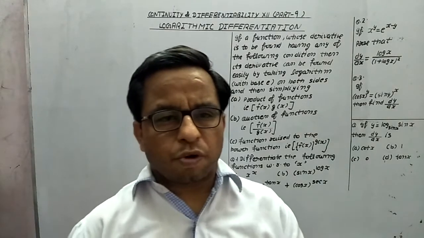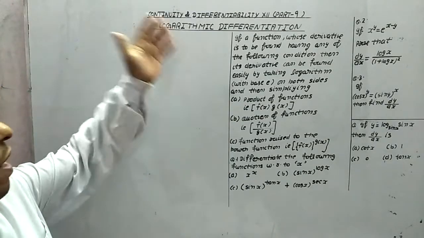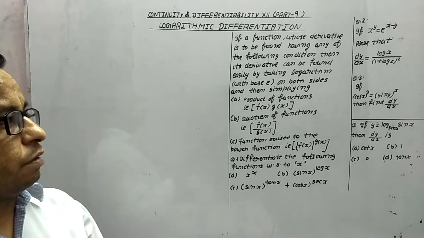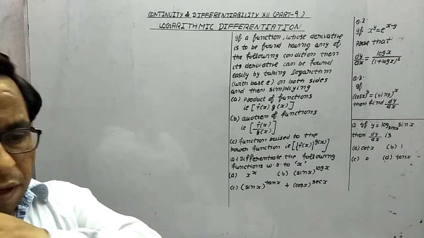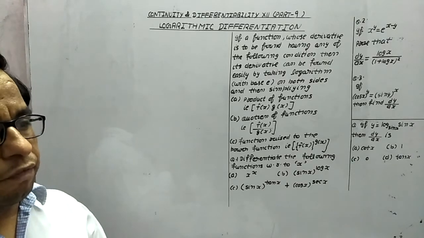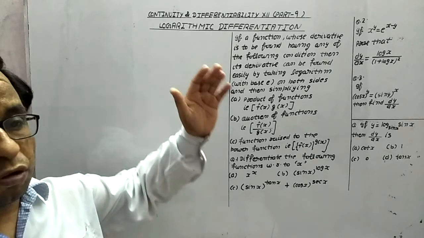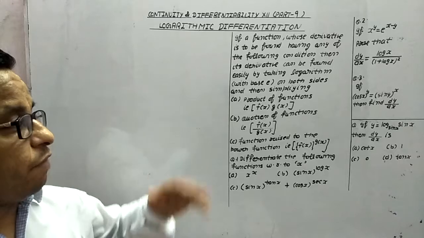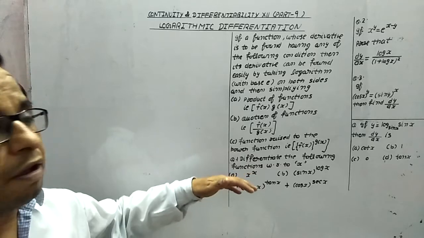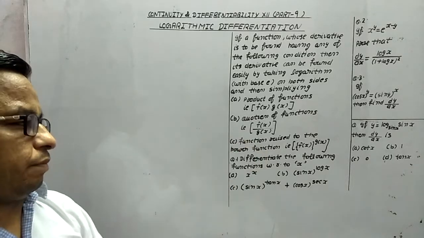Hello everyone. Today in this part 9 of continuity and differentiability, I'll explain logarithmic differentiation. Where we have to apply this logarithmic differentiation, there should be three conditions. If you find any condition, then to make differentiation easy, we can apply logarithmic differentiation. So what are the conditions? If we have the product of functions in complicated form, if we have the quotient of functions in complicated form, or if we have a power of the function that is also a function.